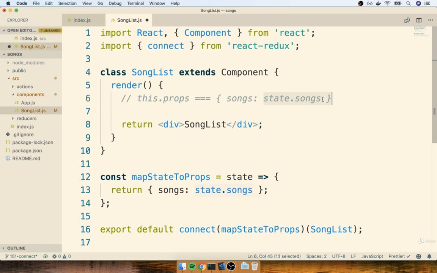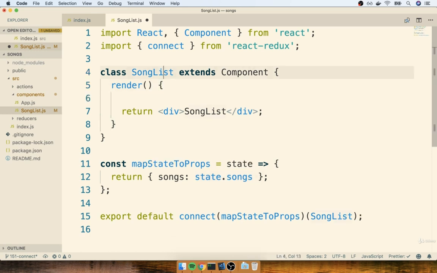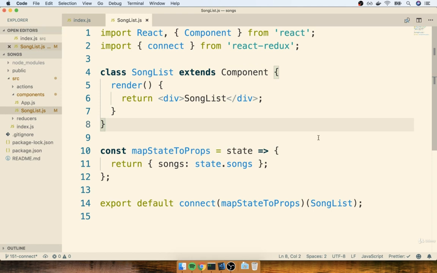So that is exactly how we make use of the React Redux library to get data from our Redux store into a component. It's always going to be the exact same scenario. We're always going to import connect at the top. We're always going to call connect and then pass in our component as the second function call, we're always going to define map state to props. Map state to props is always going to get a first argument of state, and we're always going to return an object that is going to show up as props inside of our component.